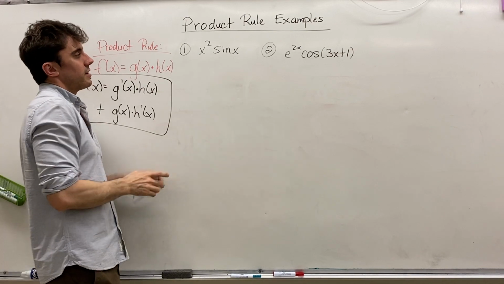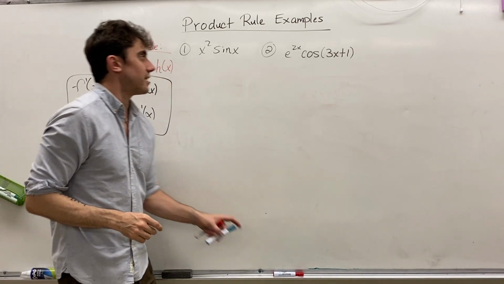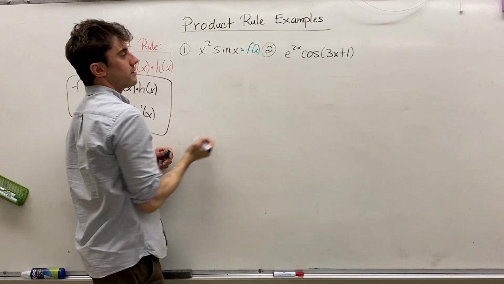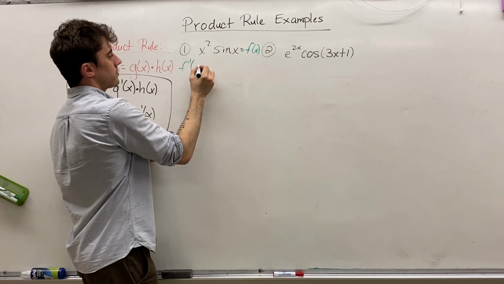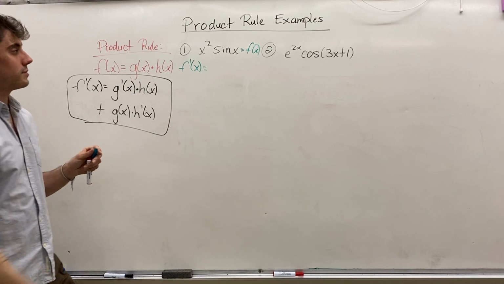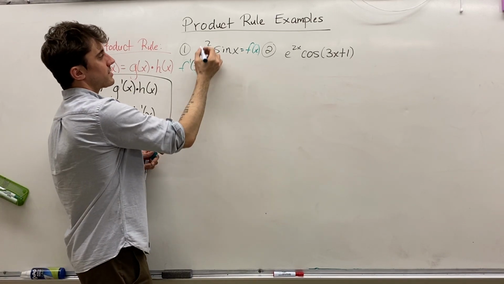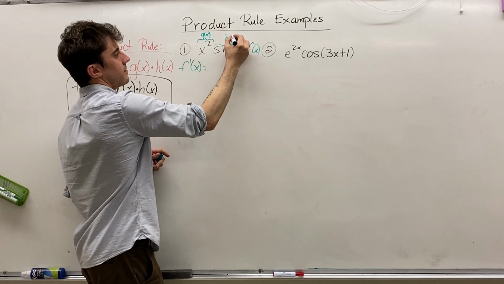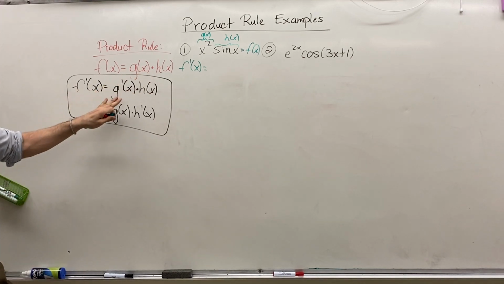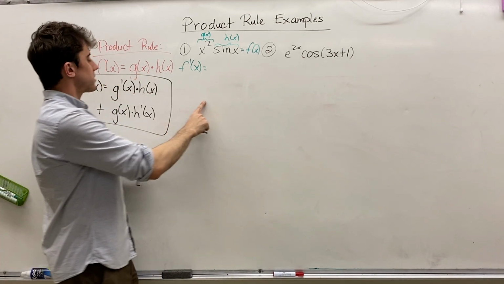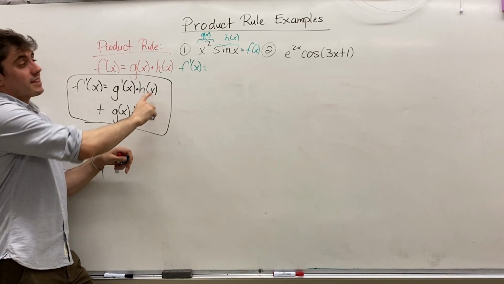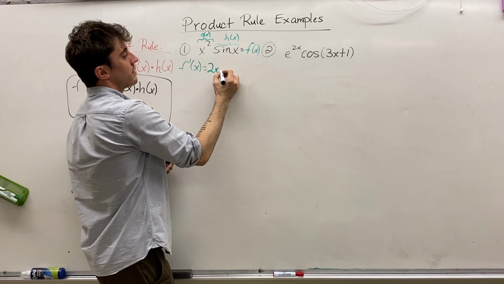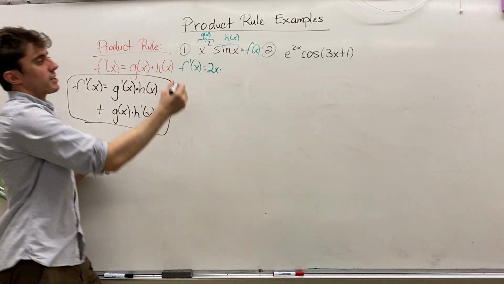So first off, we have, for one, x squared times sine x. Okay, so let's call that f of x. Then using our product rule, we find that f prime of x is going to be equal to the derivative of x squared. So let's call x squared g of x, and let's call sine x h of x, just so we can kind of refer to them using this notation. In that case, we're going to start with g prime of x times h of x. That is the derivative of x squared. The derivative of x squared using the power rule is simply 2x, times the original h of x, so times sine x,